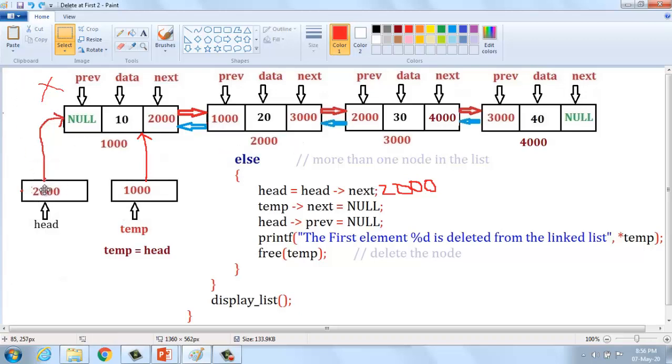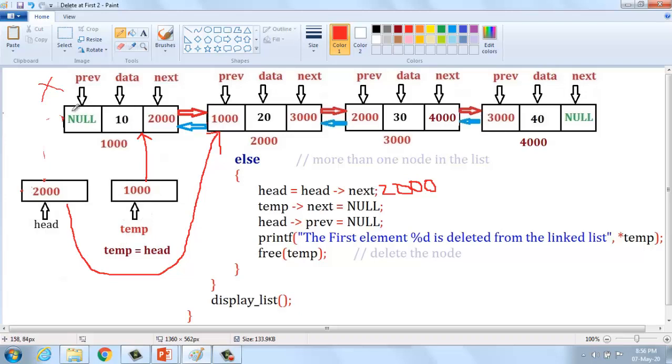Head should be changed into 2000, which means the link is automatically disconnected from the first node. Have you understood? And then the link is generated from here to there, that is, head equal to 2000. The link is terminated, and then temp of next. What is temp of next?